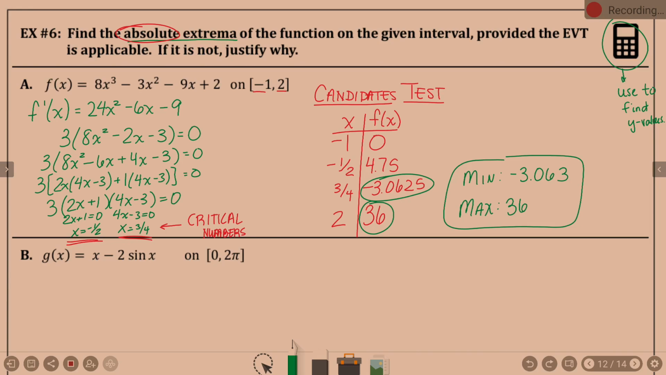Oh yeah, my screen. Now, there's your graph. Do I care about that whole graph? No. I only care from negative 1 to 2. And if you look from negative 1 to 2,